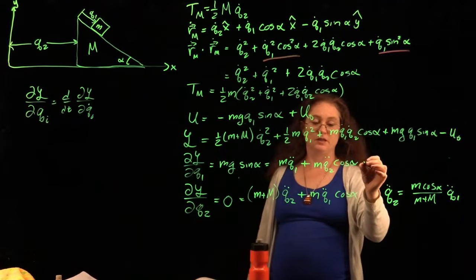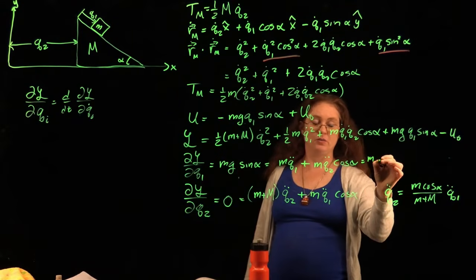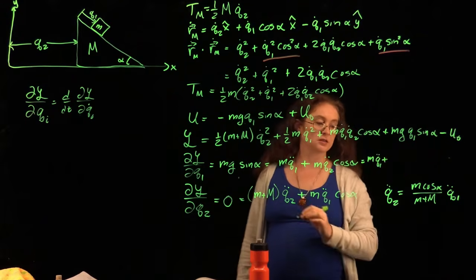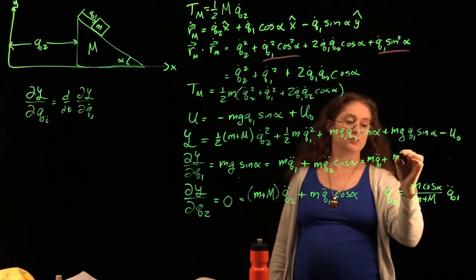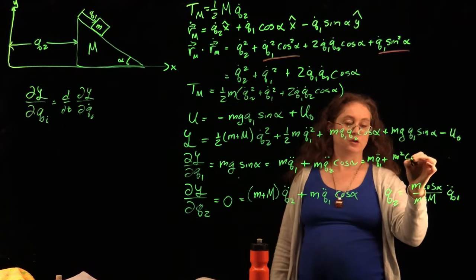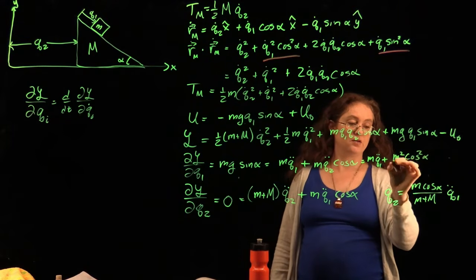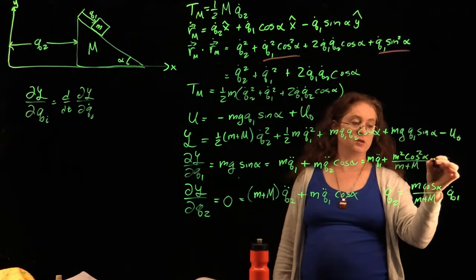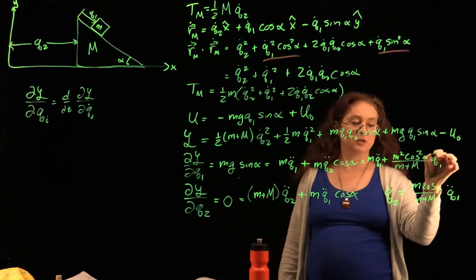So we plug this in here and we get m q1 double dot plus m squared cosine squared alpha over M plus m q1 double dot